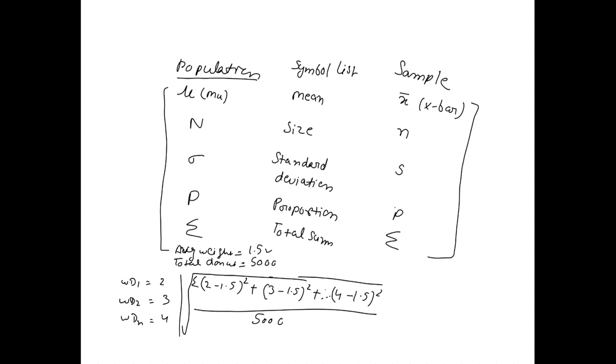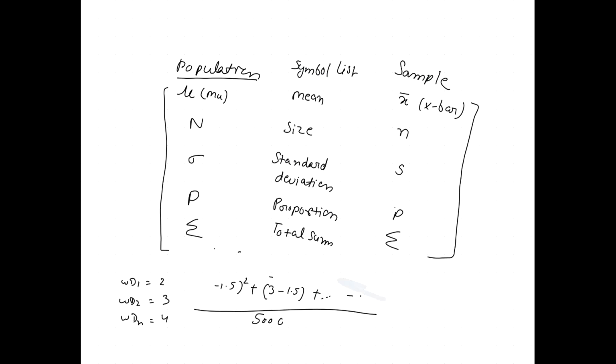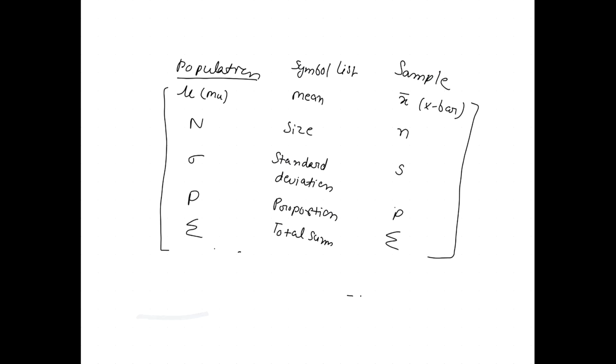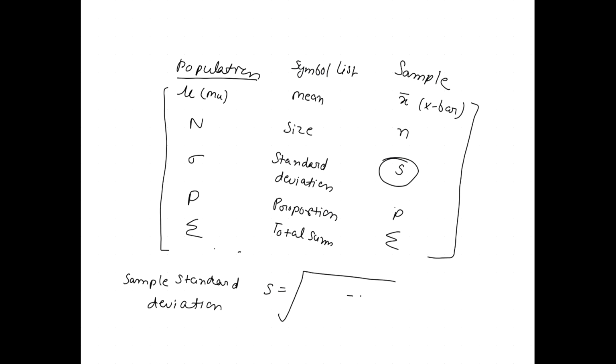Okay. Now we will talk about how you can calculate the standard deviation of your sample. I will tell you the formula for the sample. We will write down the same formula. Sample standard deviation will be denoted with S. S is equal to, the formula is the same. Nothing is different. Again, let's say the average weight of each donut in the sample is 1 gram. And your total donuts were